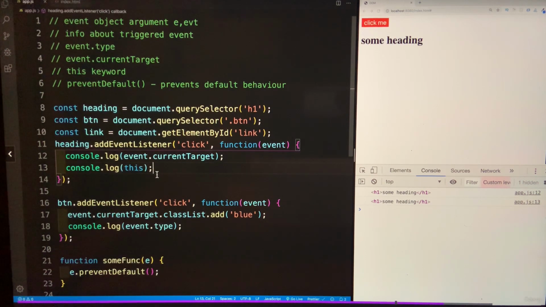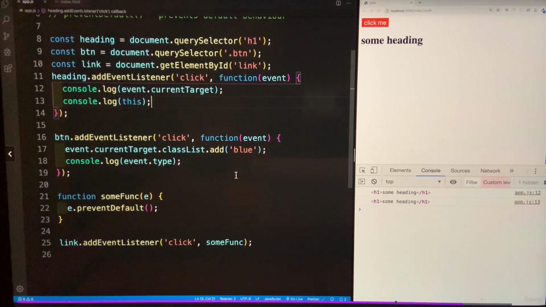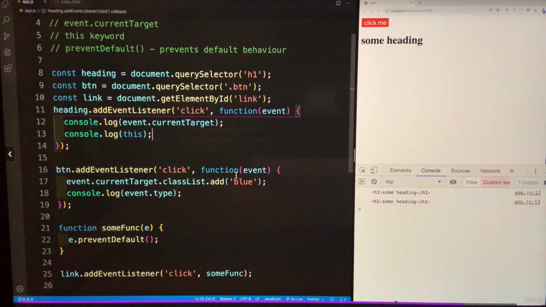And you're looking at it and you're probably wondering, well, why did we go through all this hassle if we could have just used this? Well, first of all, the event object, of course, has way more than just current target. It has way more properties as well as useful information. So you should always be aware of the event object. That's point number one. Point number two, even though it works in this case, like I said, since this keyword is somewhat confusing, especially in the beginning when you're starting out with JavaScript, if we would use the arrow function,